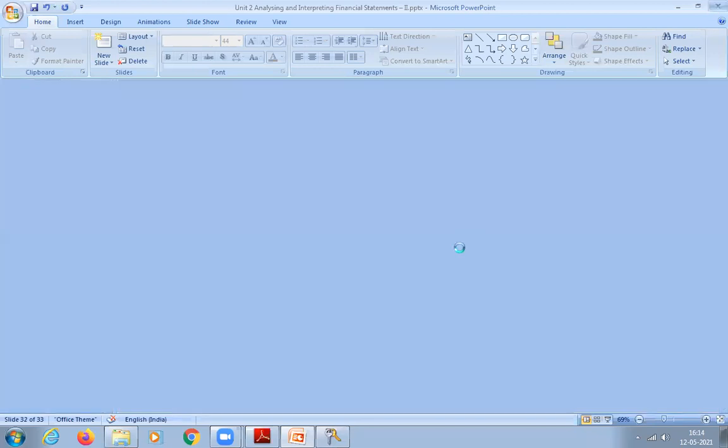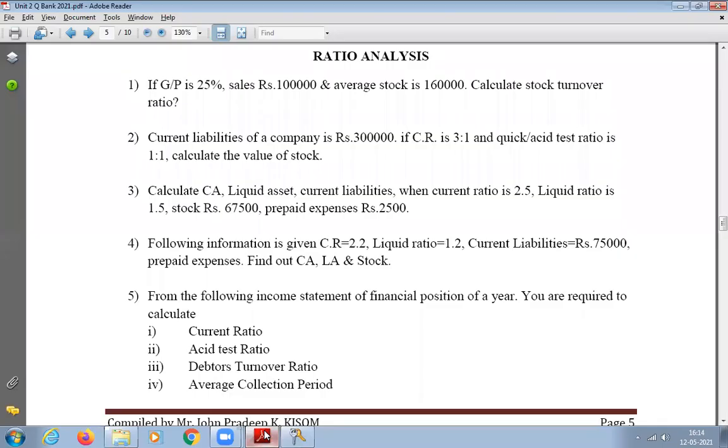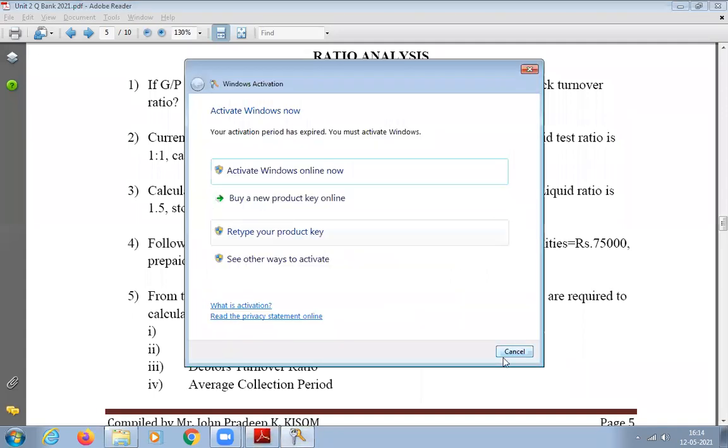We will slowly do it, but I recommend all of you to please go through the formulas. Please practice the formulas. Please memorize it and practice the formulas. Or you can make one chart and put it up and look at that every day. Because one question from ratio analysis is mandatory for your midterm exam as well as your end trimester final exam. Clear? Understood? Yes, sir.